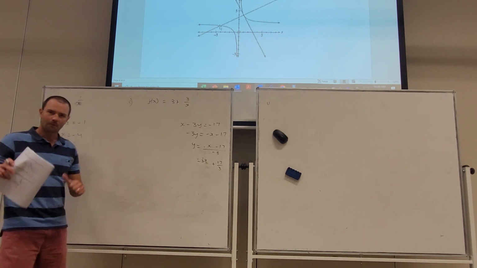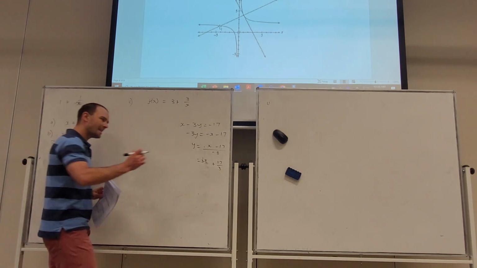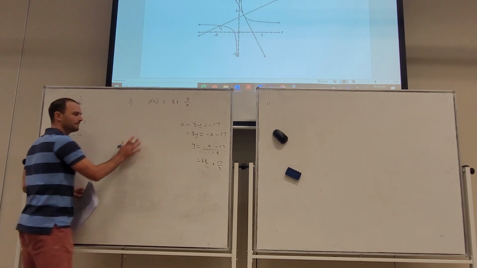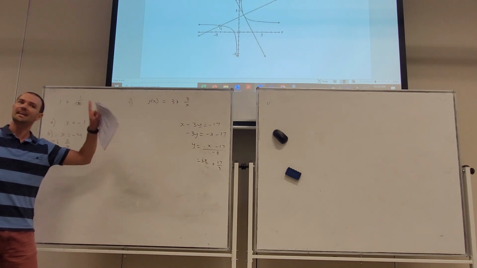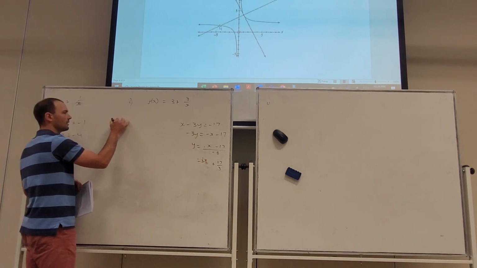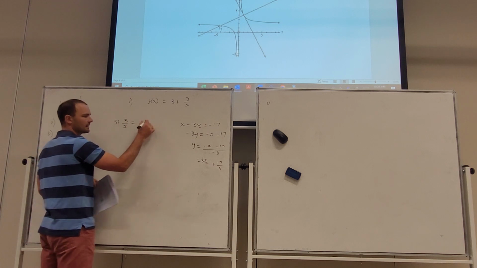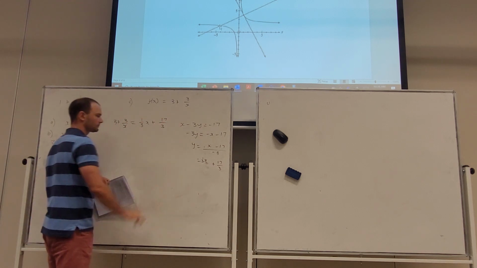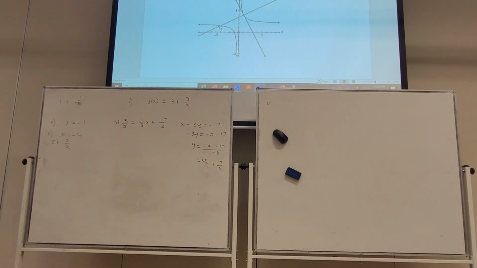So if we're trying to find it algebraically, we're saying when does this function meet this function? And functions meet each other when they're equal to one another. This is the y value, this is the y value. When are they equal? It's when this is true: 3 plus 3 on x equals 1 on 3x plus 17 on 3. Now we can go through and do the algebra there. We'll actually do it in a moment when we